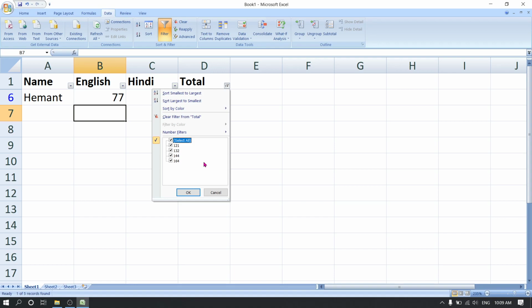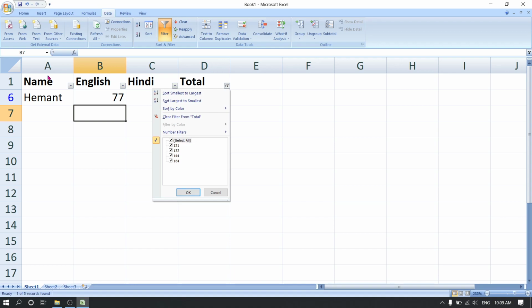Sorting means arranging the data in ascending or descending order in a worksheet. And the next thing is the filter. The filter feature allows you to see only those records that you want to display, while it hides the rest of the data temporarily from the view. It hides the data temporarily, so that you can see.